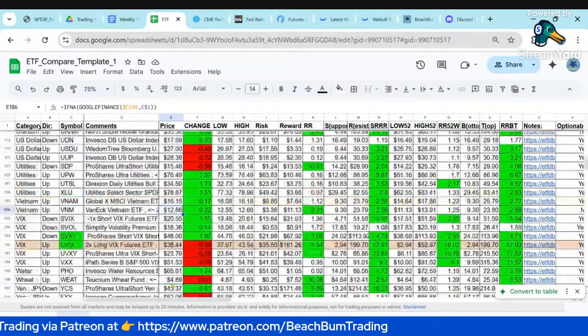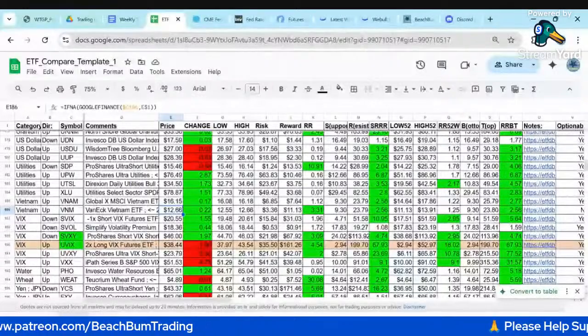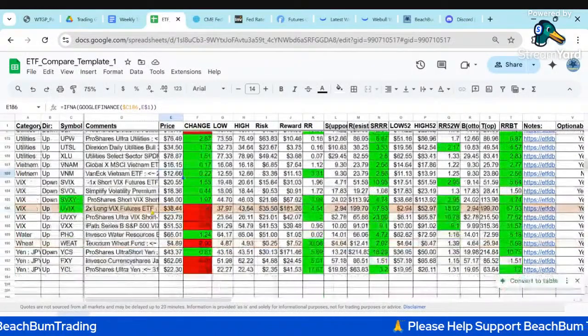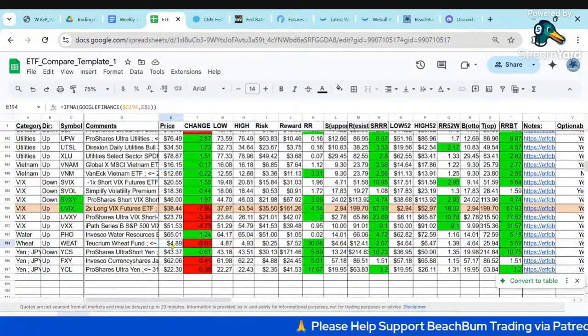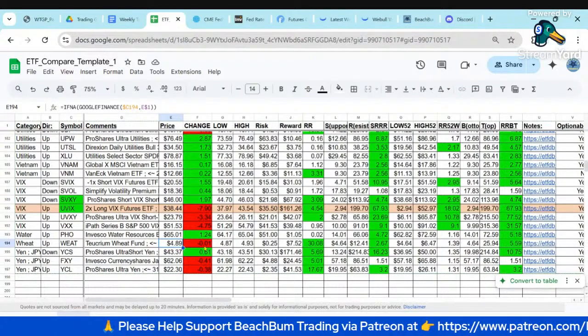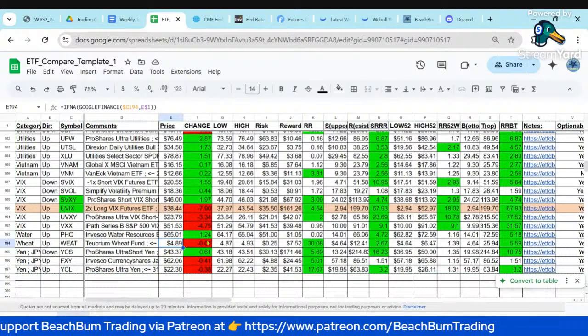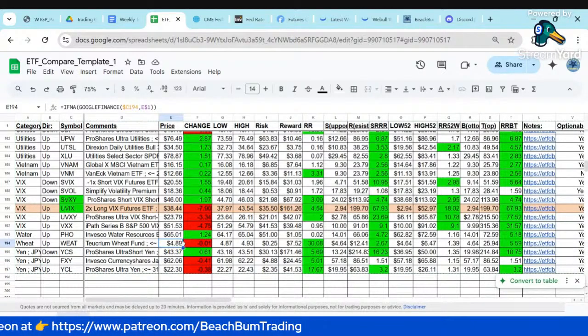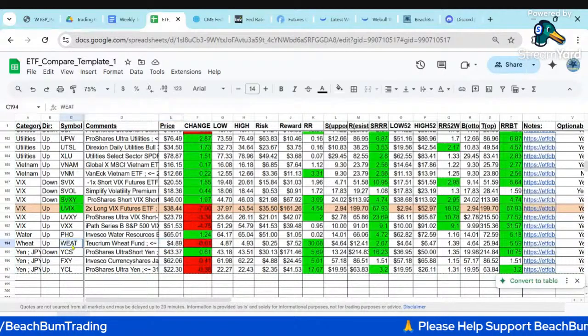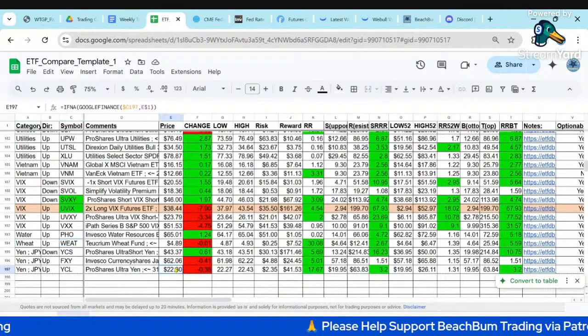Watching again Vietnam, Malaysia, Singapore, Thailand. Again, you can find ETFs for all those in our ETFs Google sheet. Wheat's coming back down, so we might get another opportunity in that, although the impact of tariffs is yet to be determined. So if we get a bottom in wheat and it swings back up, we might get an opportunity using WEAT. And the yen is trending up.